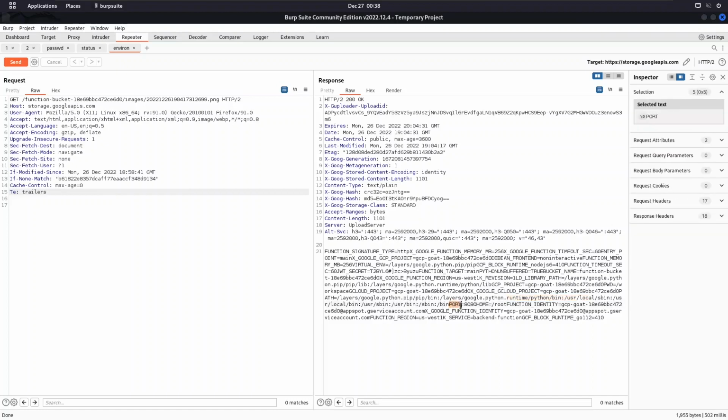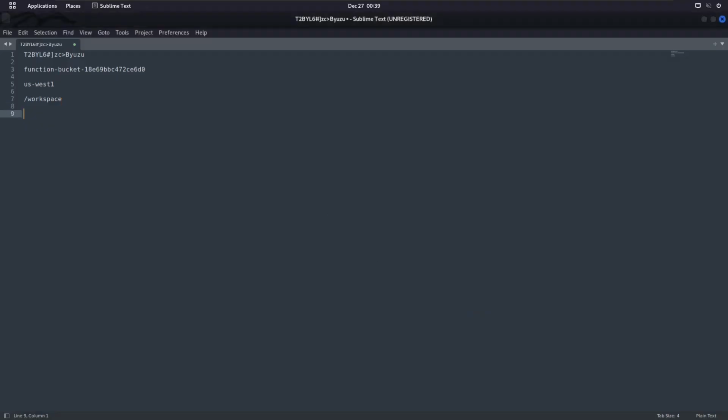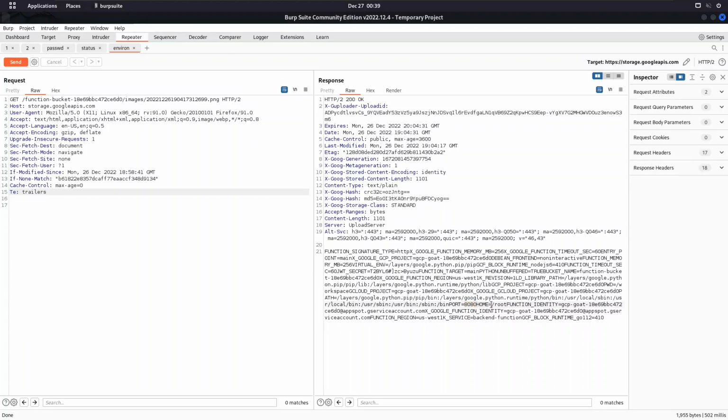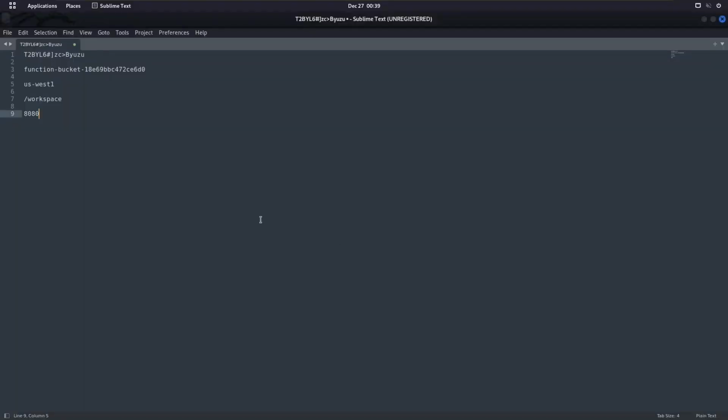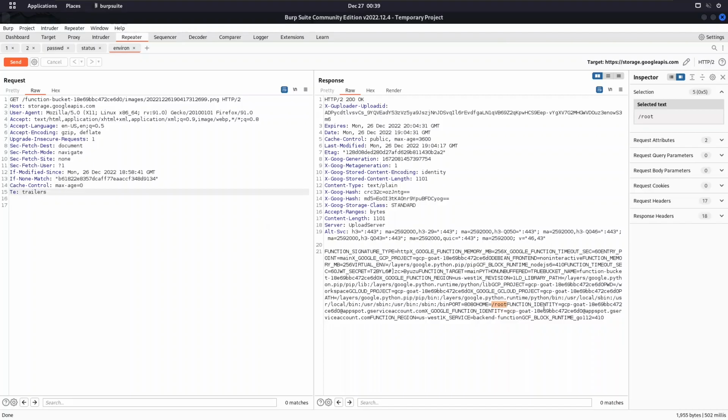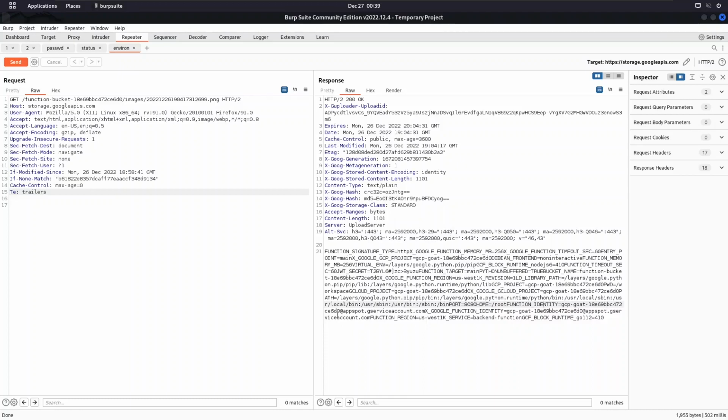bin, port equal to 80. Okay, this might be useful. Home /root, function identity, function region, service, backend function. Okay, yeah,